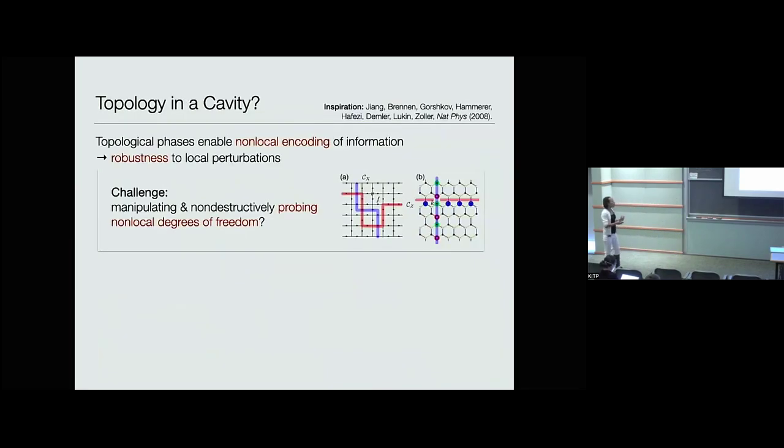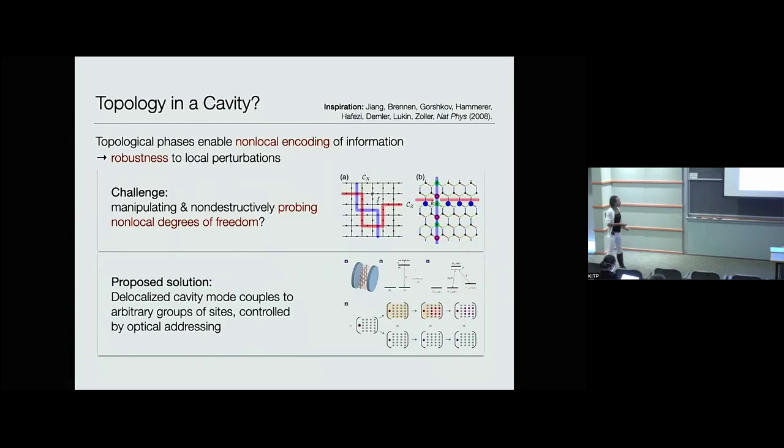Here the general motivation is that one of the reasons for seeking topological phases of matter and to engineer and control them is that it potentially gives you a way to store information robustly in some non-local degrees of freedom. And then the question is how do you actually manipulate and access that information once you've intentionally made it hard to access by making it non-local. So there's this nice paper from a number of years ago saying, well, maybe we could use a cavity as a way to controllably talk to non-local degrees of freedom and access information that otherwise would be topologically protected.